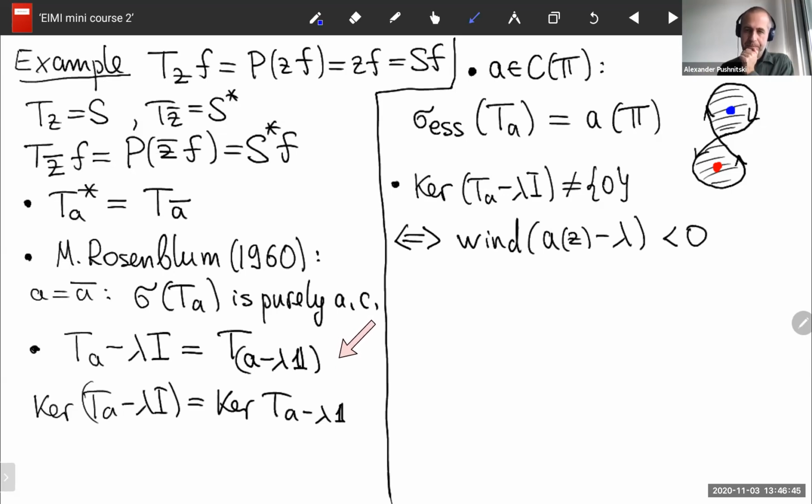If it's real valued, then the winding number is just 0. Well, we don't define the winding number in this case. We only define it if lambda is not on the image of A, but nevertheless, intuitively, heuristically, you are right. The image of A is just on the real line. By the way, I think it's a very nice problem to try to understand what happens if you have, let me draw here,